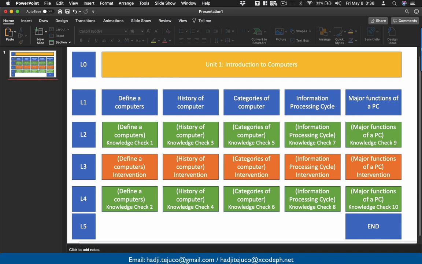So we will be discussing about defining a computer. After that, there will be a question that will be asked. And then if in case the student had, let's say, answered it correctly, we will move to the history of computer, which is lesson 2. Okay, but if the student, if we go back to this line here, if the student answered it